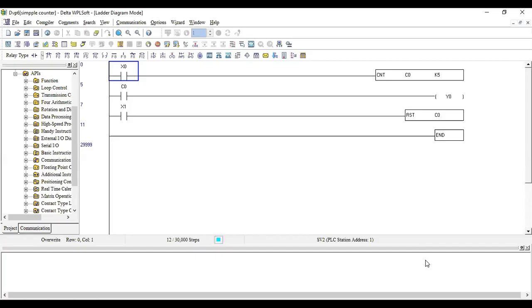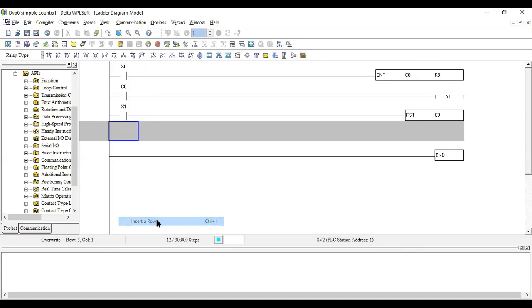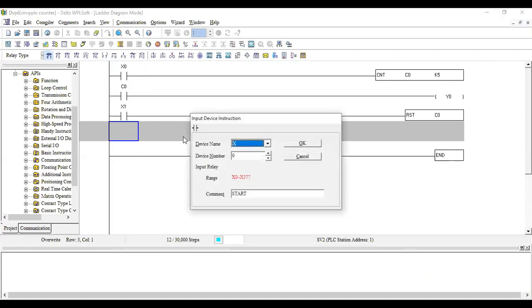We'll see how this is in action. I'll use this one. You already have a part of the counter here, so I'll use the same program here also. So H0, it is C0, it is for 5. C0 I'm just giving to Y0. This is my reset part. I'll just add a row here. So this is my Y0 coil.